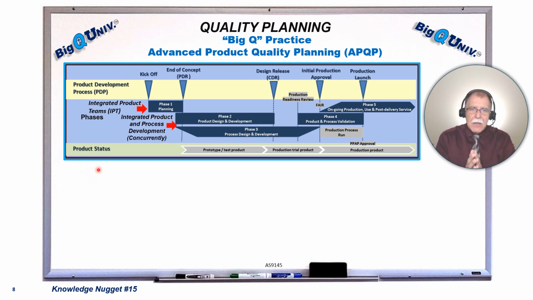There are 2 key elements of this methodology that I want to highlight by using these red arrows. The first one is called Integrated Product Teams, or IPTs. So this methodology introduces the idea of IPTs that are formed ahead of phase 1, and they're made up of representation from cross-functional groups within an organization that come together as a team and work a new product development project through the 5 phases of this methodology.